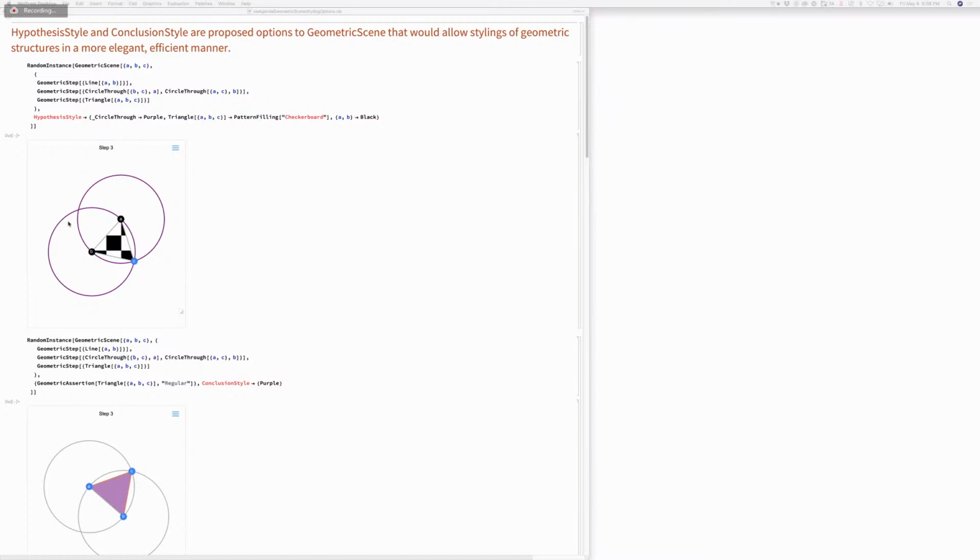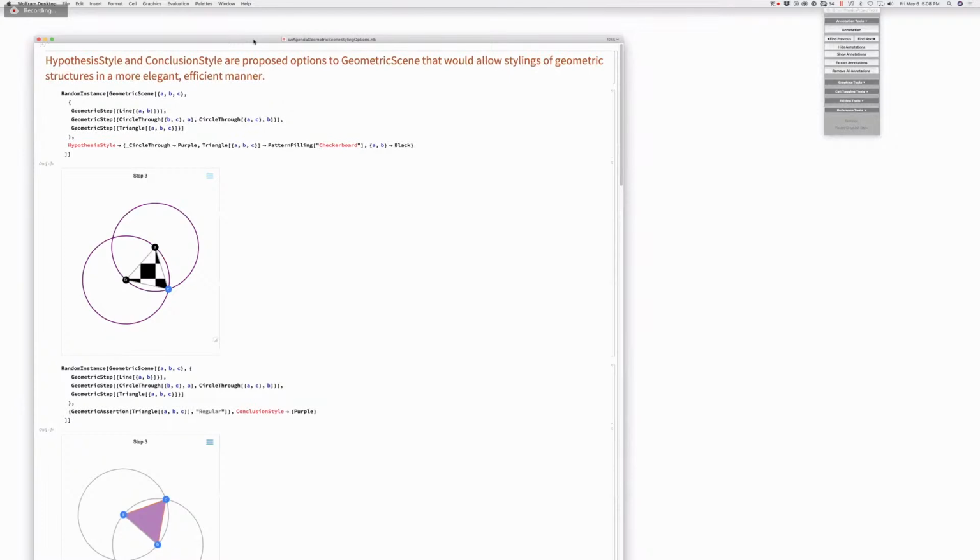Okay, hello everyone. Welcome to a design review related to Awesome Language version 13.1. And we are looking at things about the styling of